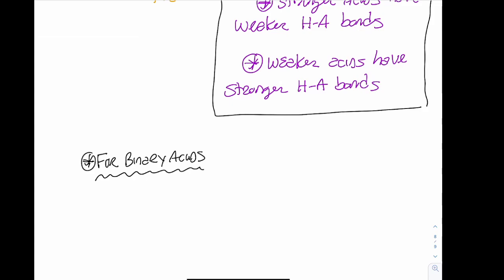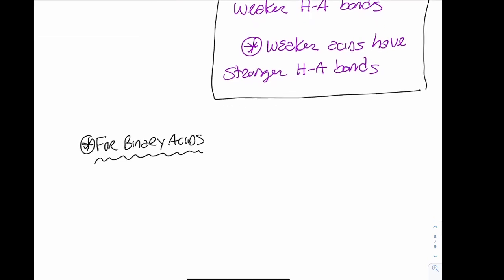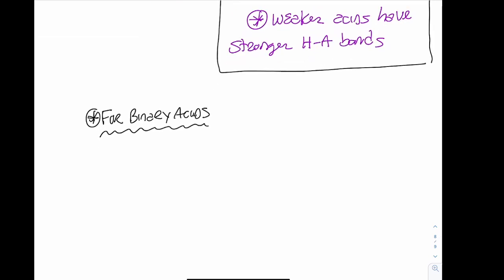For these ones, as I go down a group on the periodic table, the atoms that form that bond become more mismatched. If we remember valence bond theory from 150, 151, that told us that when we form a covalent bond, we're taking our orbitals and overlapping them, and those shared electrons are found in that overlapping region. And we said that they overlap better when they're similar in size. So if I compare a bond between two hydrogens, I have an s orbital of one hydrogen and an s orbital of another hydrogen,